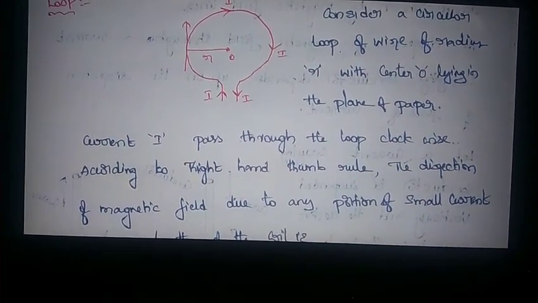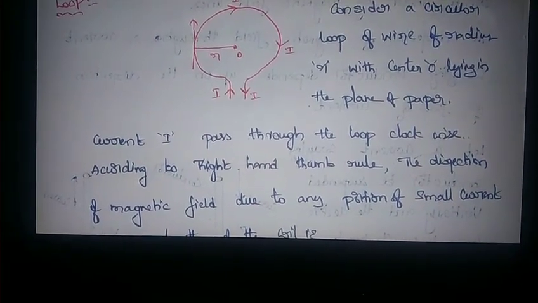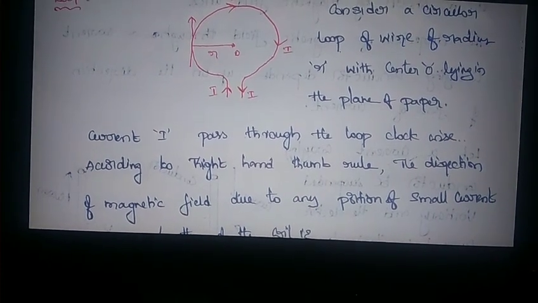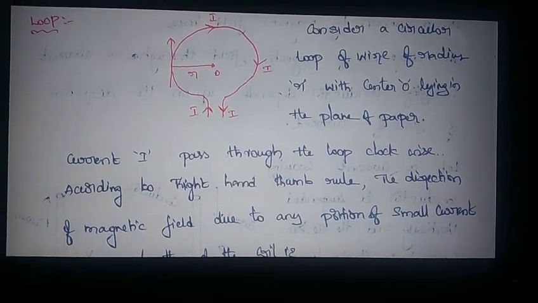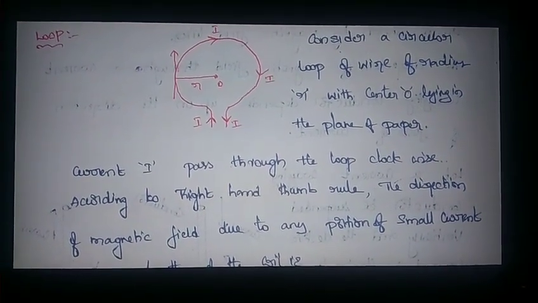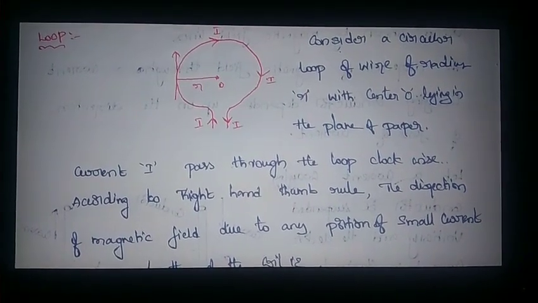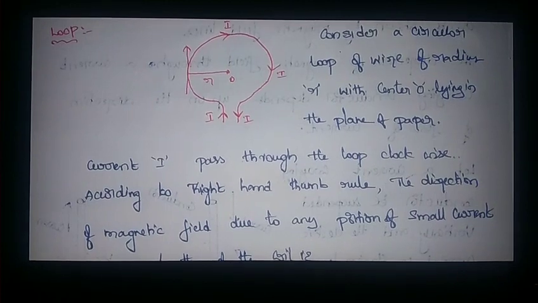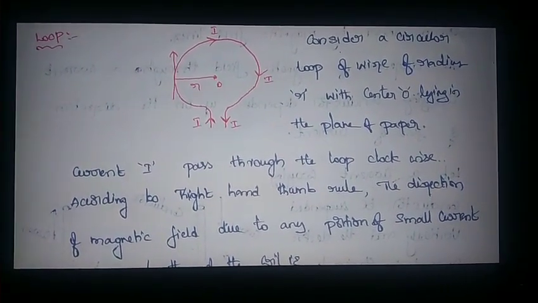According to the right hand thumb rule, which we already learned, the thumb indicates the direction of the current. If the thumb is upwards, that means the thumb indicates current. So here the left hand side of the current is going towards the upward direction. Then the magnetic field is given by the four folded fingers, which point towards the clockwise direction. Am I right?